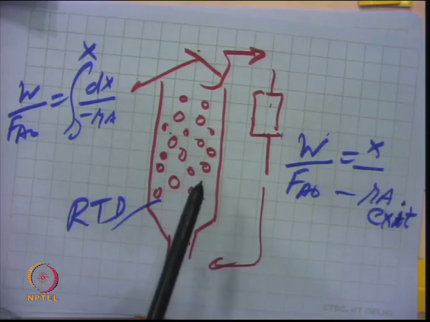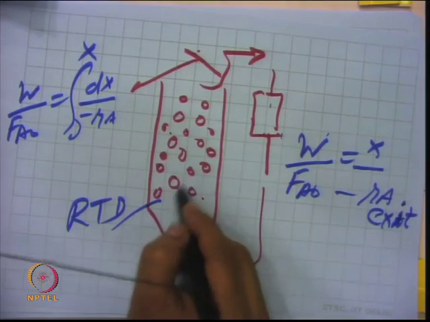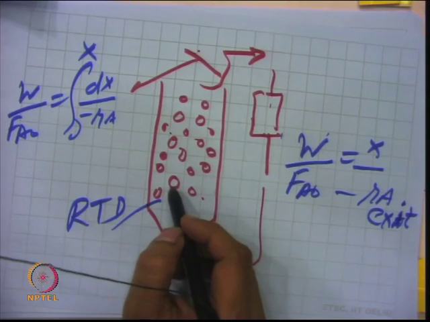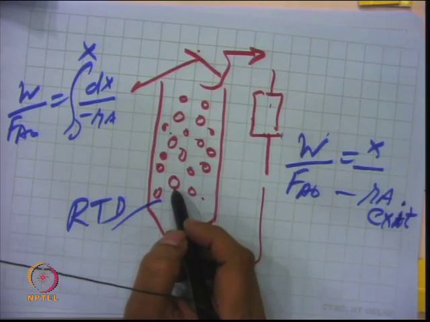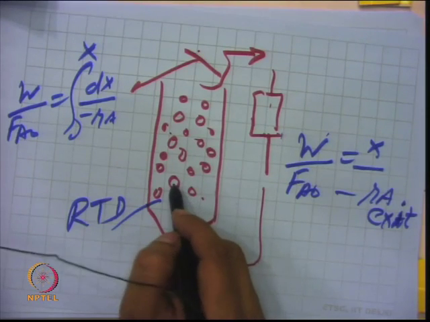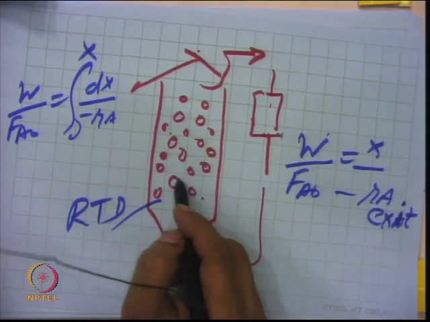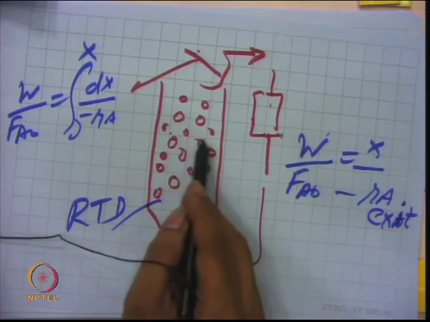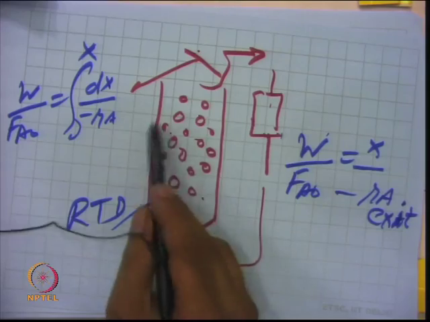So, it is something like 1 minus x b bar, that is the fraction of the solid which is not converted in the bed, and that can be calculated for the fraction of the solid which is not converted at different time intervals. So, basically the age of the particle is to be found out, that is, in this bed for how much time a particular lump of particles remains inside, and that will decide its fate, that is, how much conversion it has achieved will depend on how much time it has stayed inside the reactor, because the different particles will be staying for different amounts of time,